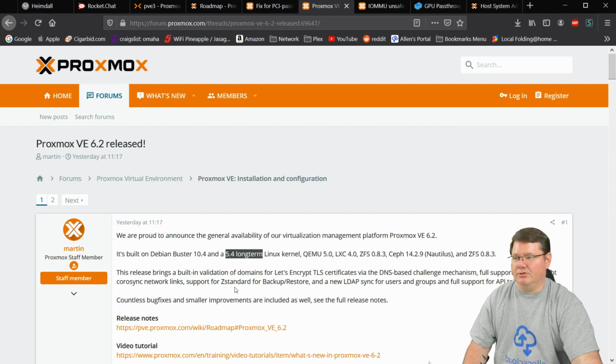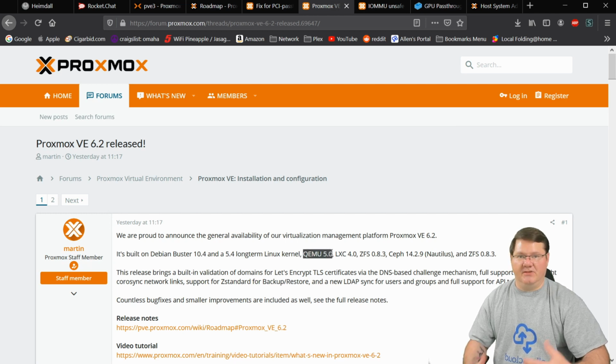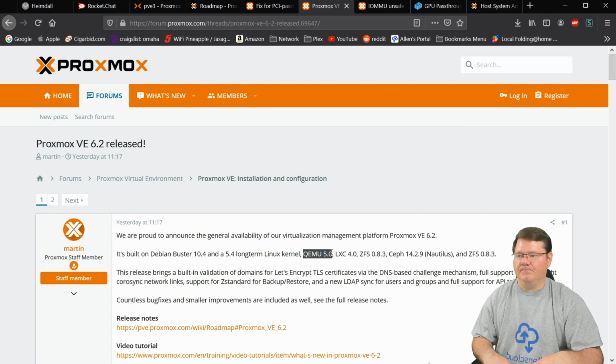So here in 6.2, these differences are what caused my Windows 10 virtual machine that I had working under 6.1 not to work. So first and foremost, this QEMU 5.0 fixes that IRQ chip equals on, the need for that additional argument. So just the stock Q35, and you'll be able to do PCIe Passthrough. But the change to the kernel is actually what started to cause it not to work for me, because in the 5.4 long-term kernel that they're using in here, they've actually introduced one of the